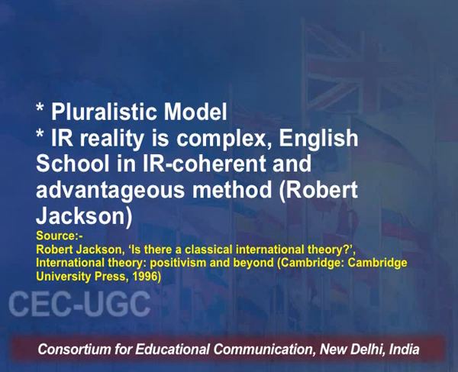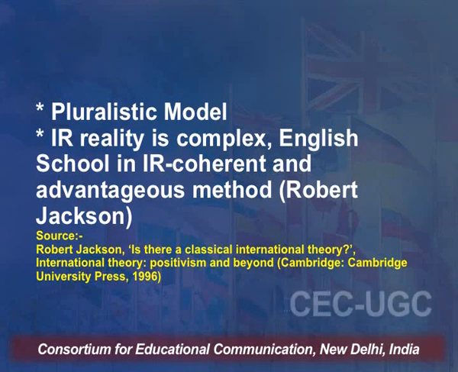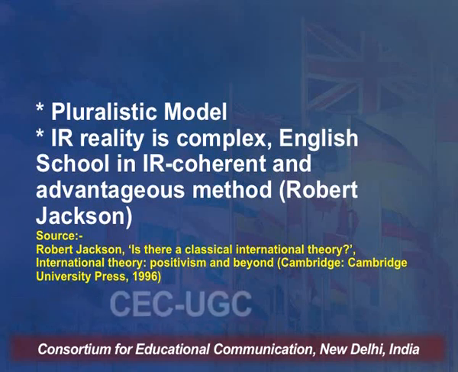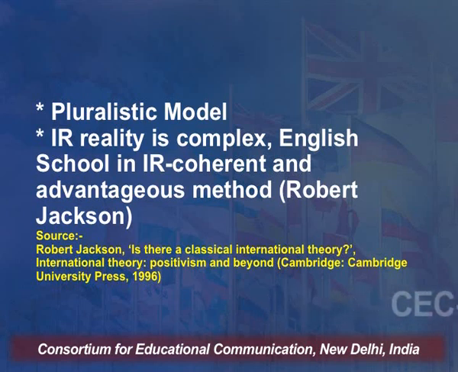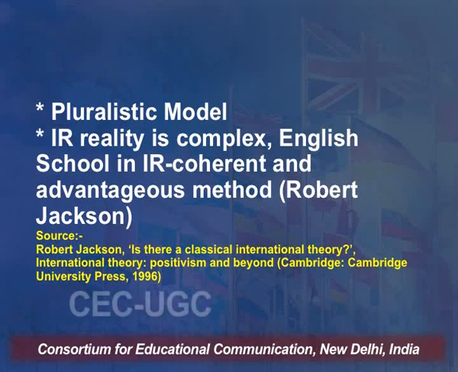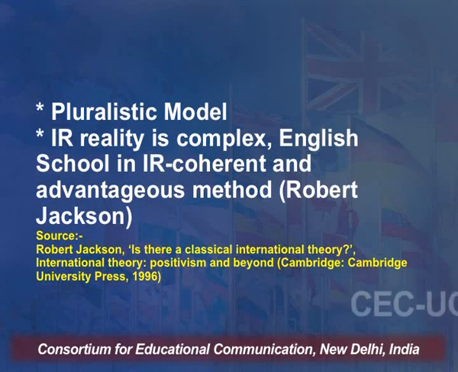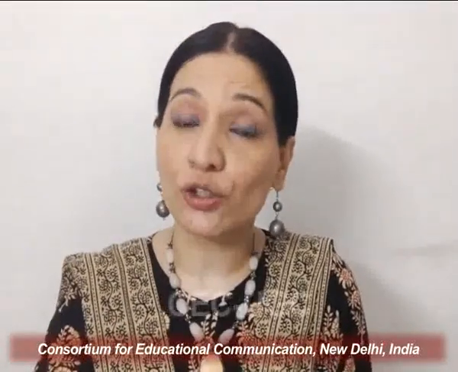And because we all know that the international reality is complex, the English school, as the opinion of Robert Jackson says, and we quote, is a coherent and advantageous method to decipher the complexity of international reality, because the English school perspective gives emphasis to